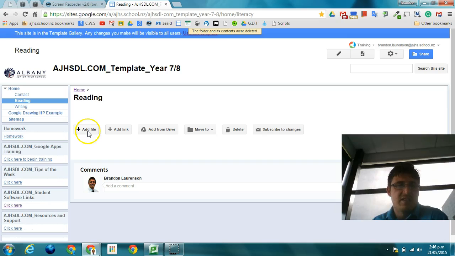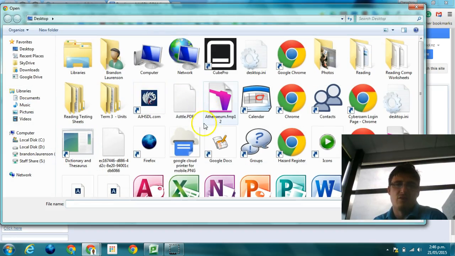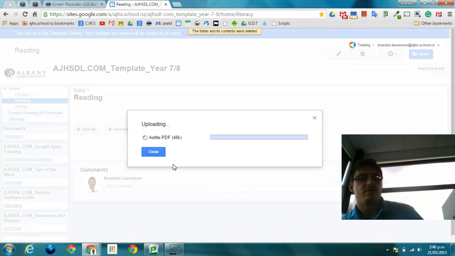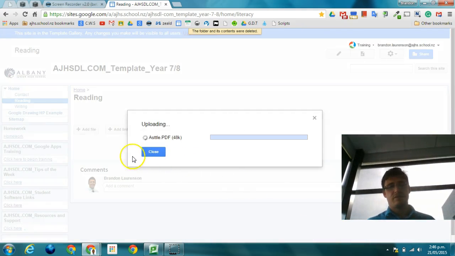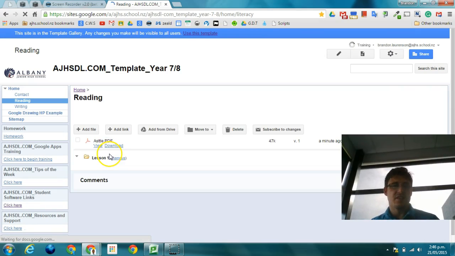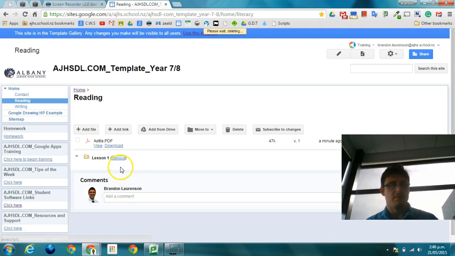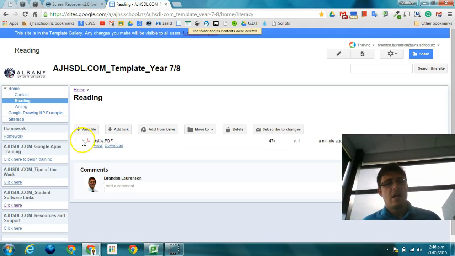The first button is adding a file. Now that'll take a file directly from your computer. So let's go ahead and add something from our computer. I'm adding a PDF. And that'll stick that file directly into one folder, and that'll add that directly into your web page